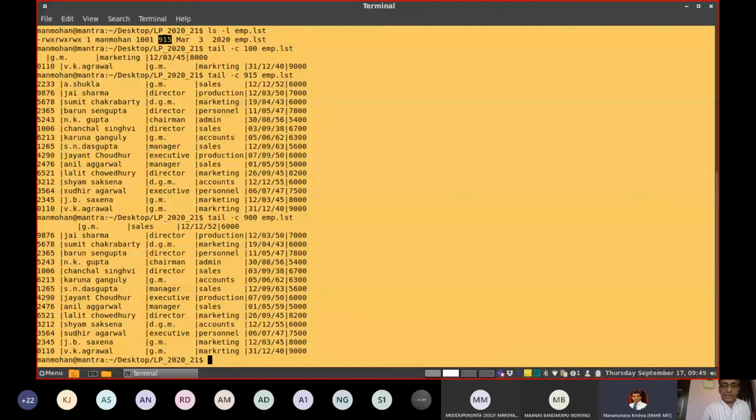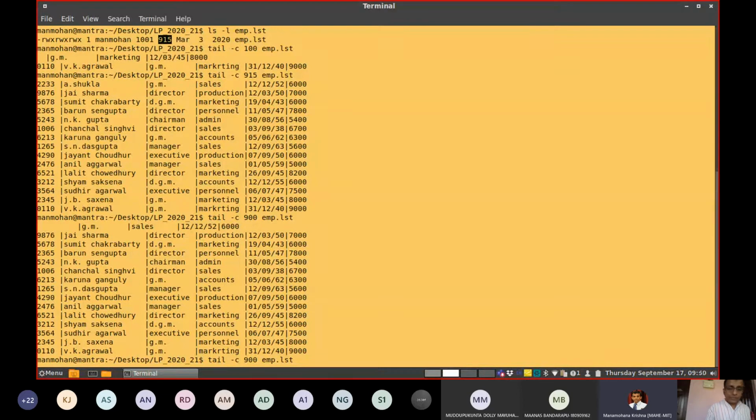Actually, this -c, also note that now if you look into the content, from the bottom everything is printed properly. From the top you are missing something. So with the -c option, from the bottom of the last 900 bytes are displayed, eliminating whatever is remaining in the top.